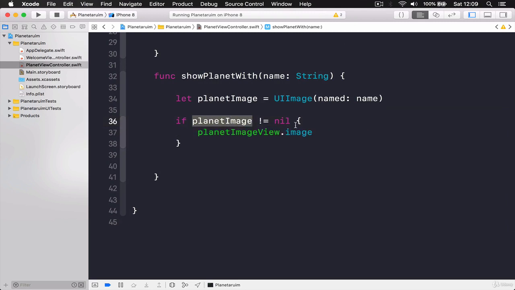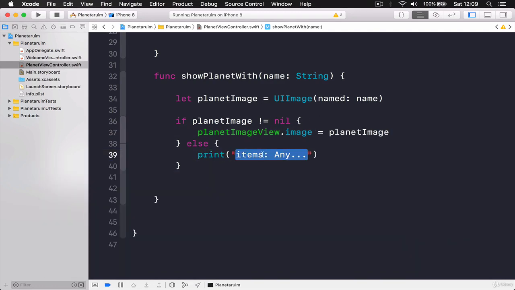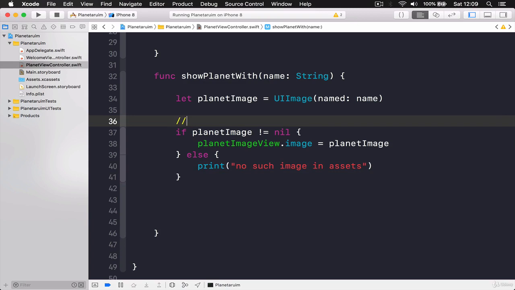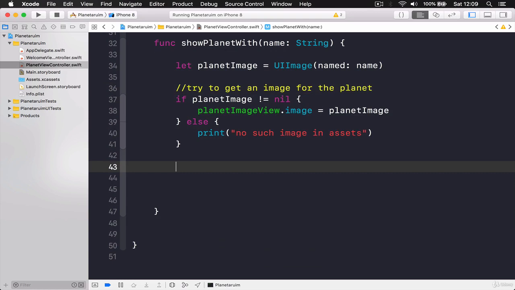Now we can pass our planet image, so we say planet image view dot image equals our planet image, and we say else. In case we didn't get any image back, I'm going to say print, no such image in assets. Now this way we have some kind of error control, and I'll put a comment, try to get an image for the planet. Right, and then we need to get the facts. So we say try to get the facts